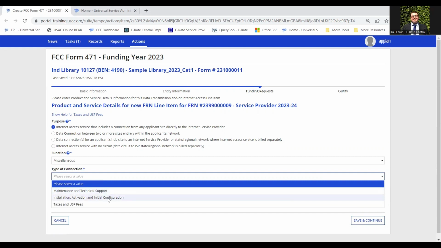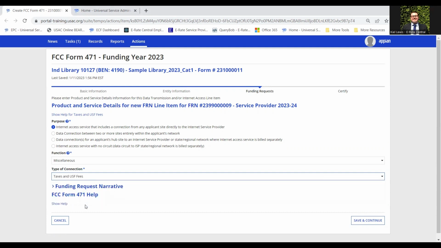We have costs associated with installation, activation, and initial configuration, and taxes and USF fees. So let's go ahead and select taxes and USF fees for the purposes of applying for the eligible taxes and fees,